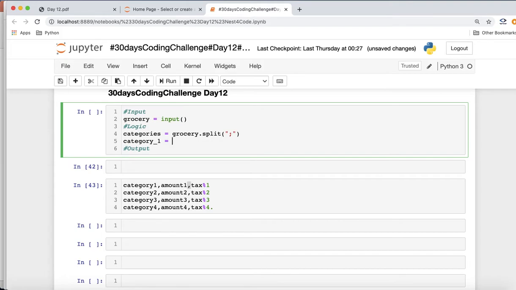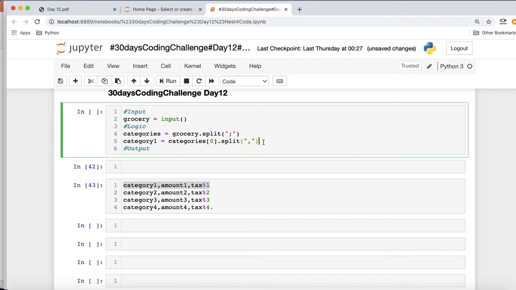Before that, we need to split all these categories based on the comma. We can get the first category with categories[0], which gives us this part, and then we split it based on the comma delimiter and name it category1. This gives us the data for category 1.